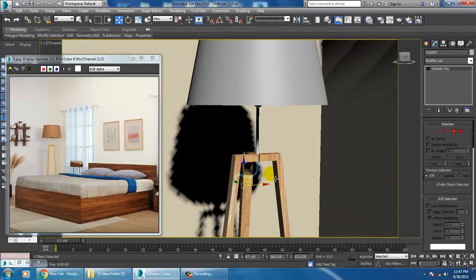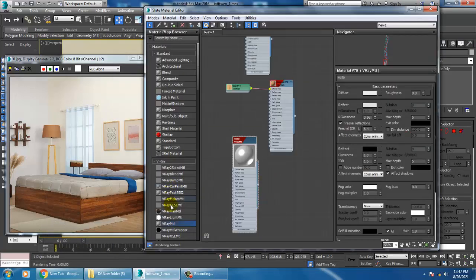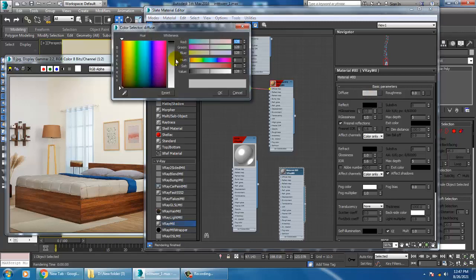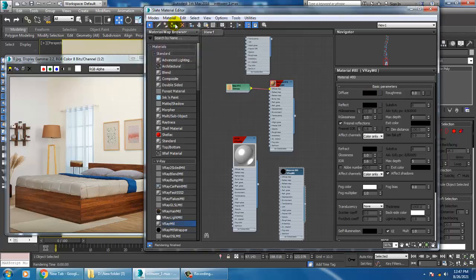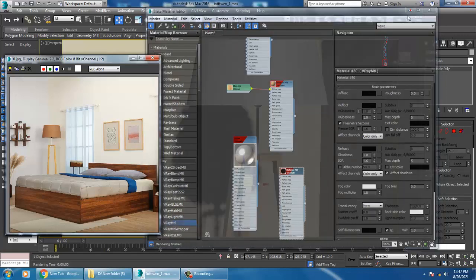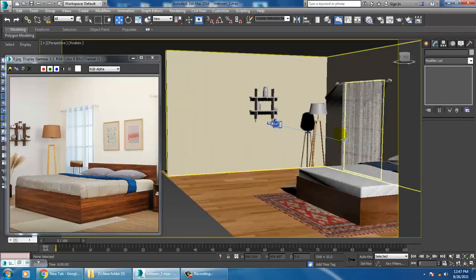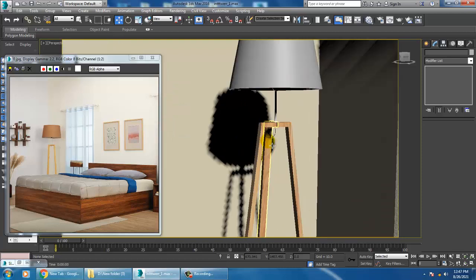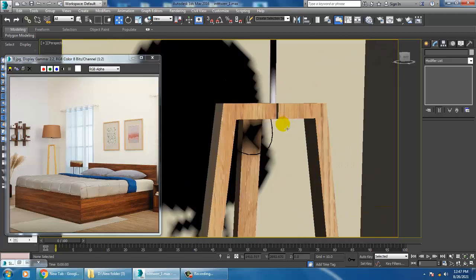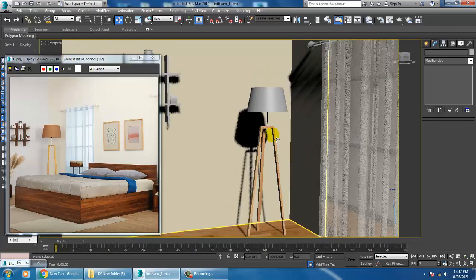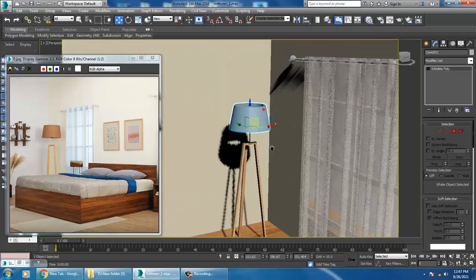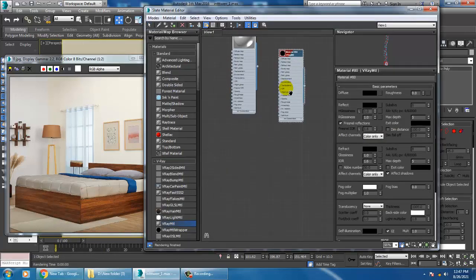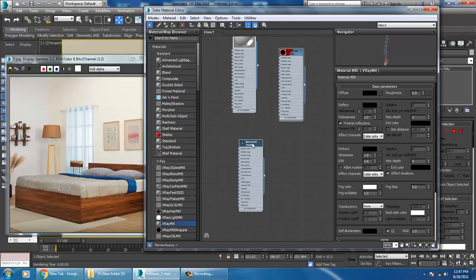Select this, go into the material, take again a V-Ray material, and let's give diffuse over here. Just give a black color. So you can just rename the elements over here, much better.